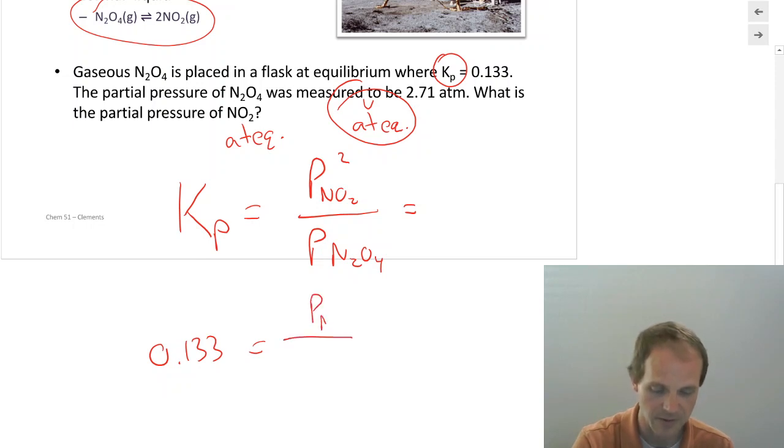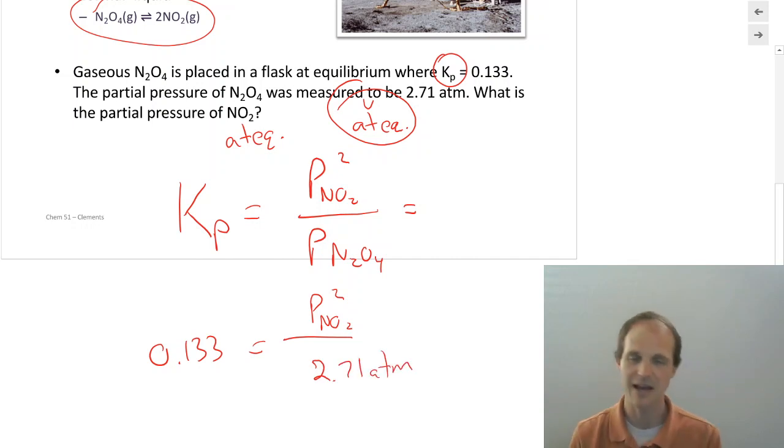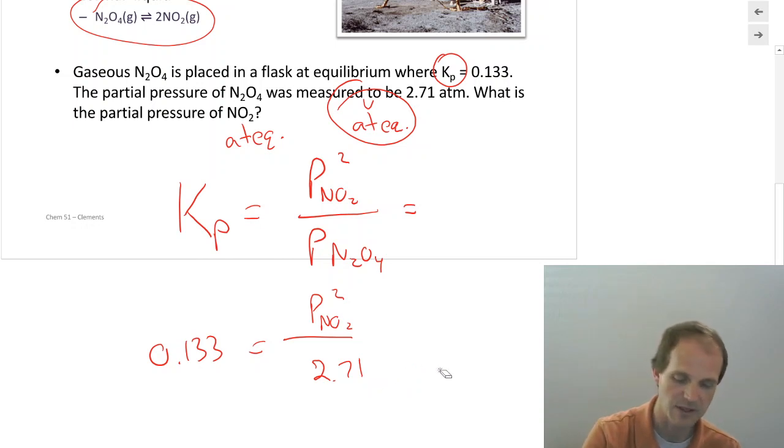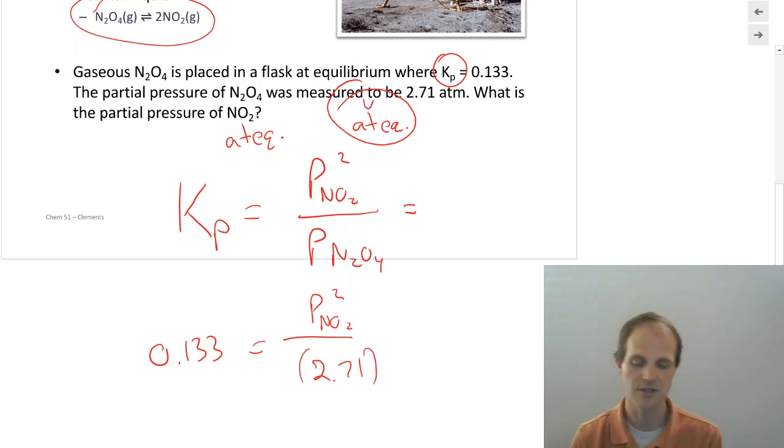So we're going to do this. We're going to say, well, we still don't know that one, but we do know this one, 2.71 atmospheres. And I write that unit there just to remind myself, yeah, it's atmospheres. But remember, we generally divide by a reference concentration, and so I'm going to take that off. If it was given in torr, remember, you have to convert those torr into atmospheres in order to solve the problem. But look, I've got an equation with one unknown.